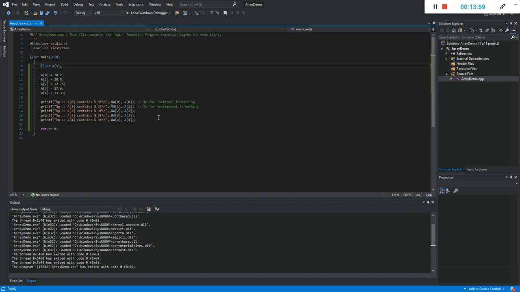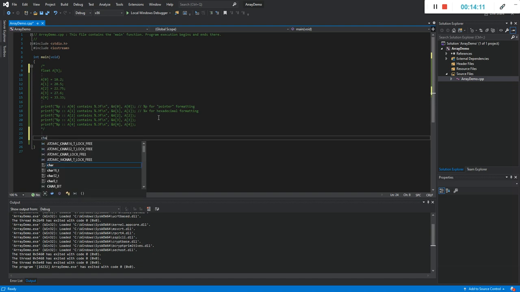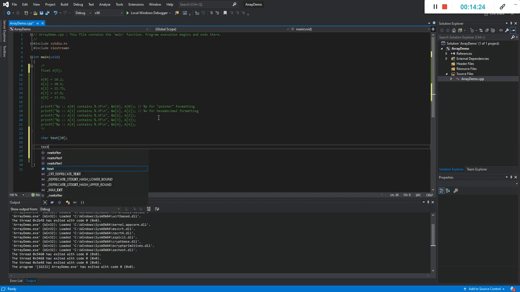I'm just going to show you one special type of array, and that is an array of characters. So let me create another one over here, character. Let's call this one text, and this one has size 10, and I'm going to start off with something very similar. I am going to print out